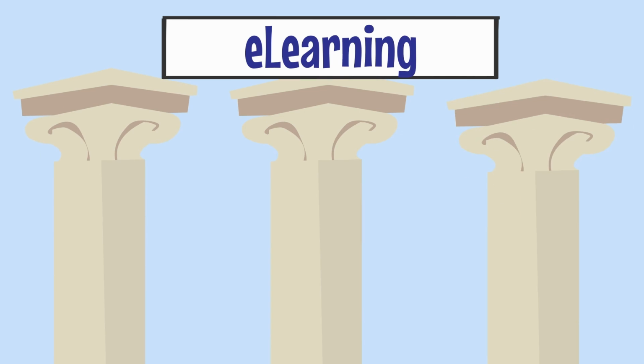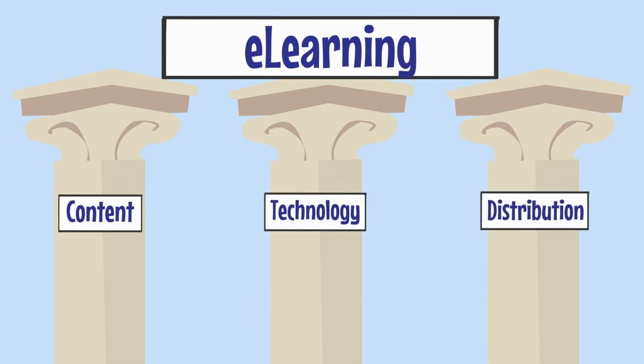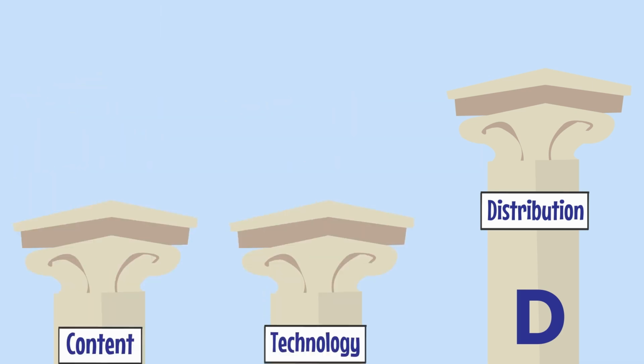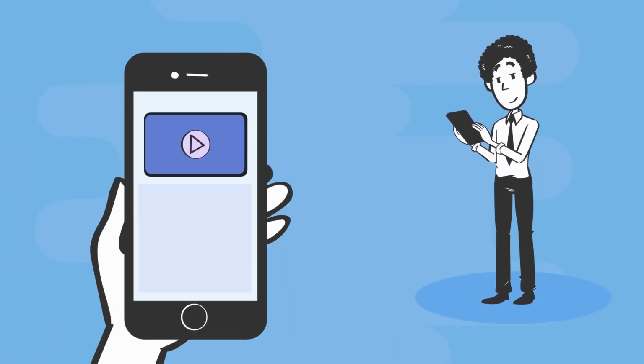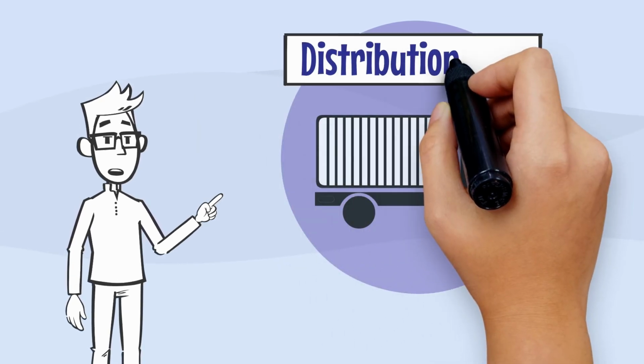So the three pillars that make up the business plan: content, technology, distribution. And we call this CTD. What you need to focus on immediately after you figure out this challenge is distribution. Because you're figuring out how to engage your employees in your program, there's no point in building the program, tackling that biggest challenge, if you don't have a distribution plan.